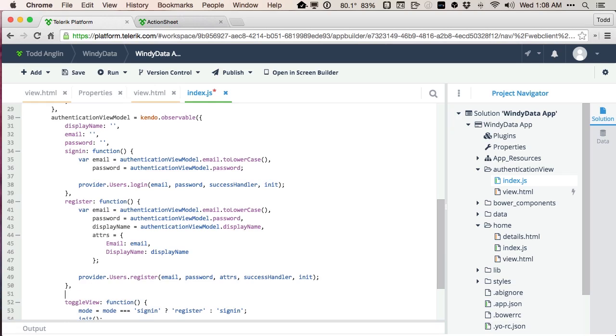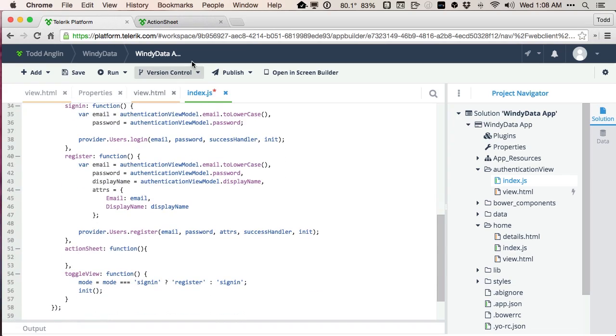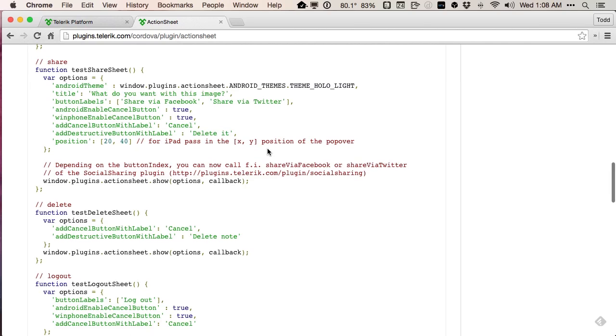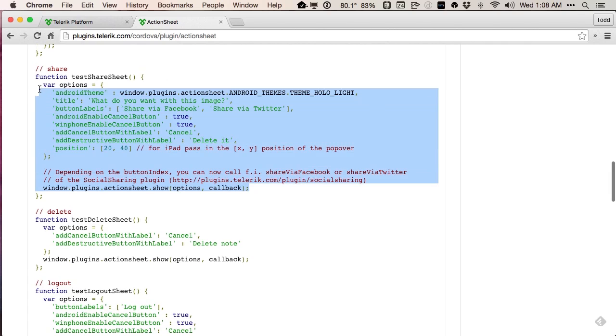So we see our function for sign in, for register. Let's go ahead and create one for action sheet. And we'll go ahead and create our anonymous function here. And now in classic copy and paste development form, we'll go back over to the marketplace where we originally reviewed the documentation for this and just take this snippet documentation they've created, the code snippet, to help us implement this